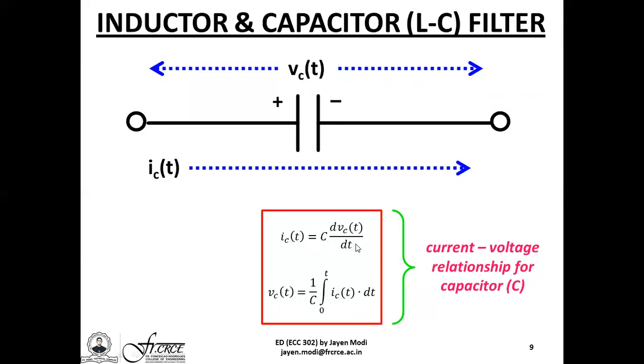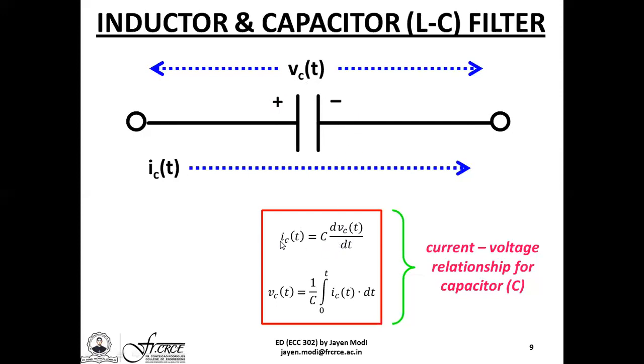Now, this equation shows that the current is directly proportional to the rate of change of the voltage across the capacitor. Because if you remove the terms equal to and C, Ic(t) will be proportional to C dVc/dt. This means that if the voltage across the capacitor is a constant, Ic(t) will be zero, because the derivative of a constant is zero. Capacitors do not pass DC, but they easily pass AC. So this equation proves that current can only flow across the capacitor when you have a continuous rate of change of voltage across it.